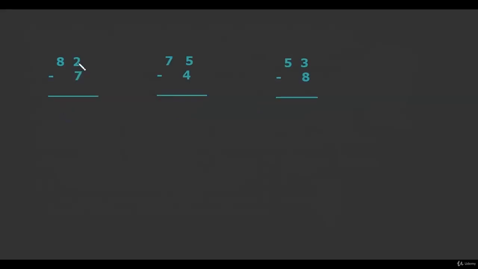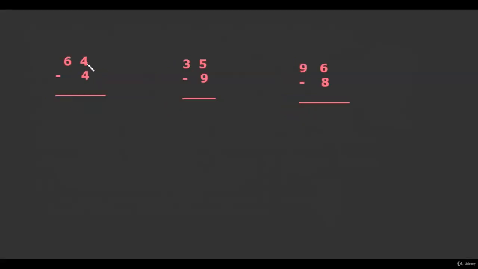Now this is a mismatched pair. So instead of 8 we will drop 7 over here. Complement of 7 is 3. So 3 added to 2 gives us 5. Now this is a matched pair. 5 and 4 is a matched pair. So 7 will be as it is and 5 minus 4 gives us 1. This is a mismatched pair. So we will write 4 over here instead of 5. Now complement of 8 is 2 and that is added to 3. So this becomes 5. 45 is the answer.